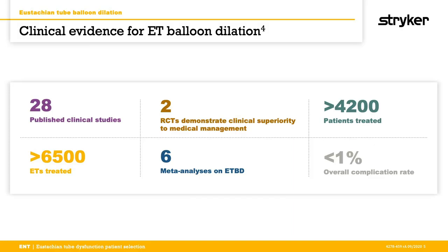The treatments available for the Eustachian tube include dilation of the Eustachian tube, which is an exciting development over the past several years. The Express device has been FDA approved for treatment of Eustachian tube dysfunction by balloon dilation. There have been several clinical studies published, the results of which show symptom improvements ranging from 64 to 98%, and the number of patients treated number in the thousands, with follow-up data up to 2 years